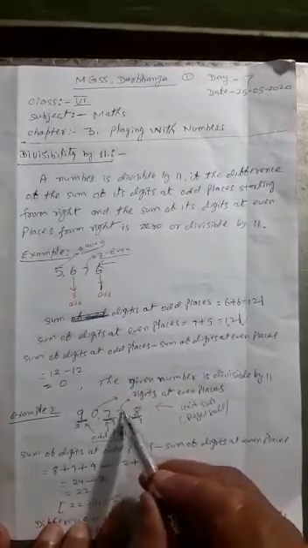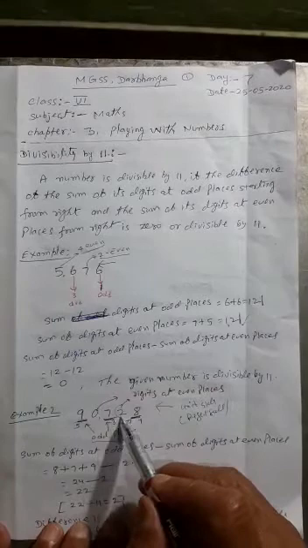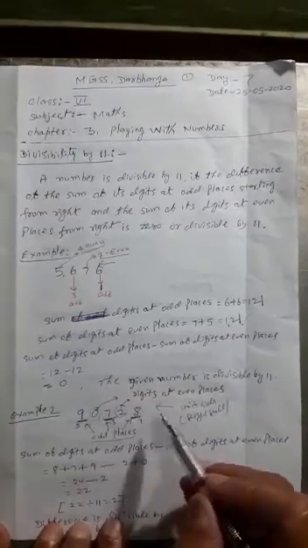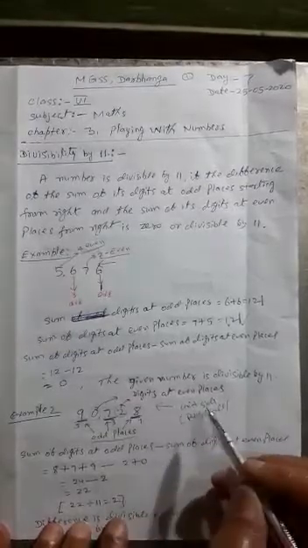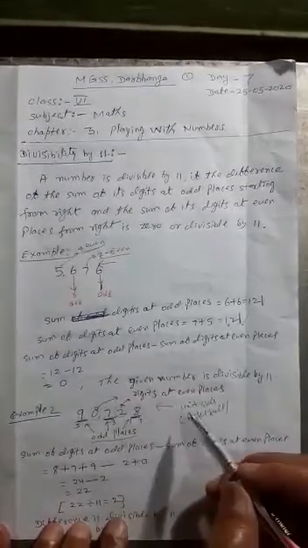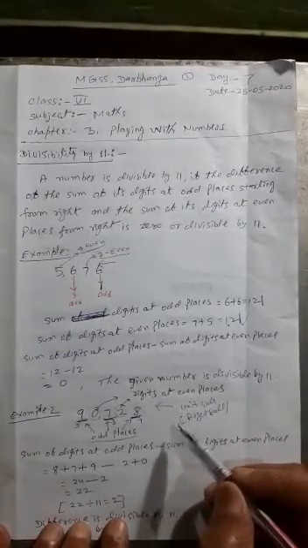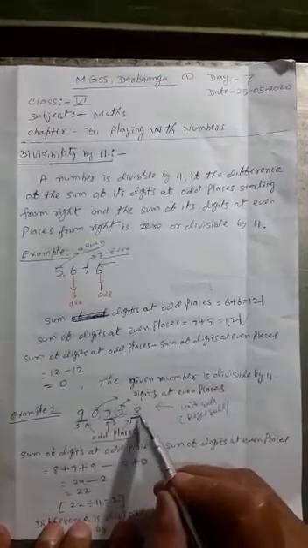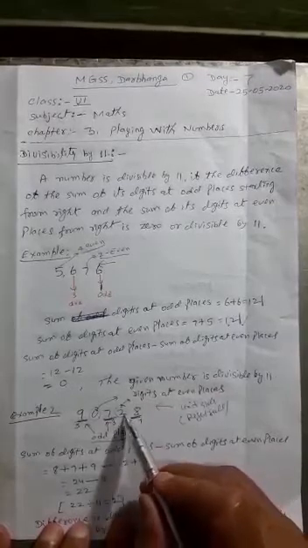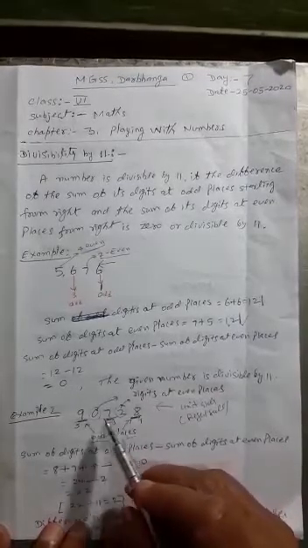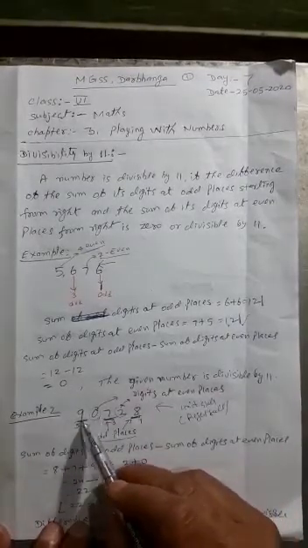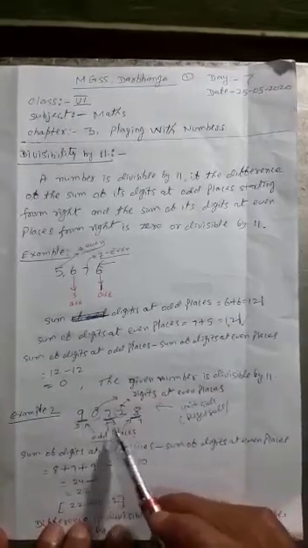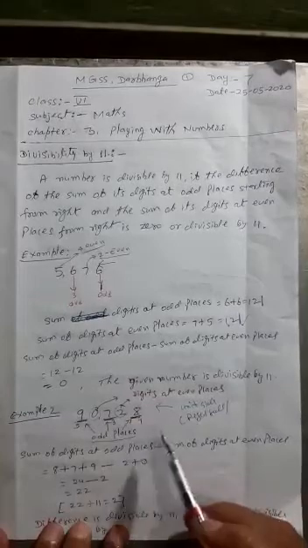And now the second digit is at the even place, no, the third, again the fourth digit is at the even place. Here, when we count from the right side, always memorize it. We have to count the odd and even places from the right side. First odd, second even, third odd, fourth even, fifth odd. Now we have decided which digits are at the odd places and which are at the even places.